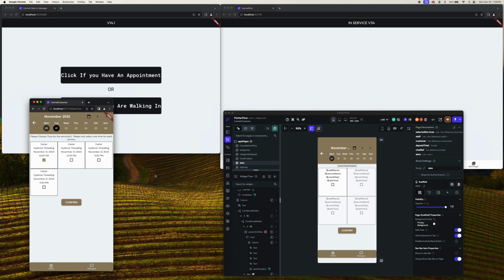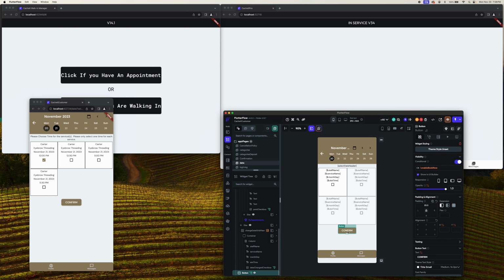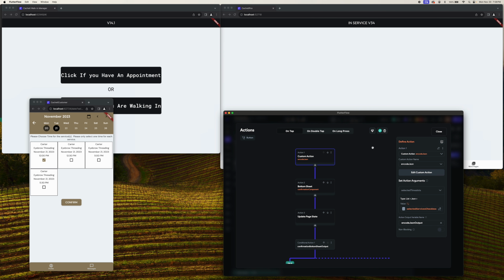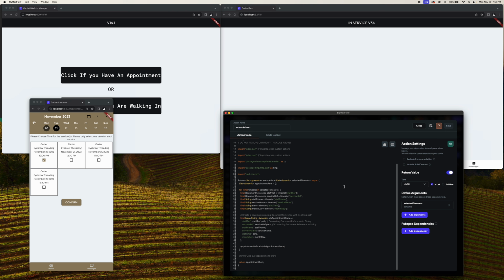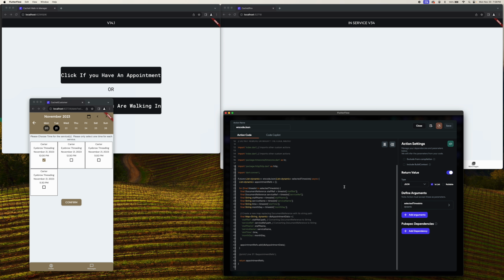Now once they actually click on confirm appointments, a couple different things happen. So we have a pop-up that's going to come up, a bottom sheet. First we're going to do this custom action, which is so I can have the confirmation come up, because of how I'm making a confirmation. I was not able to use